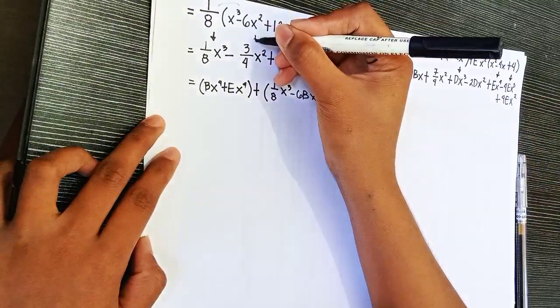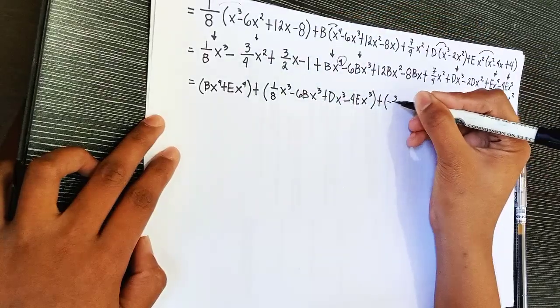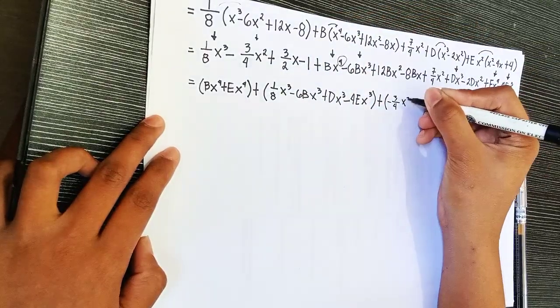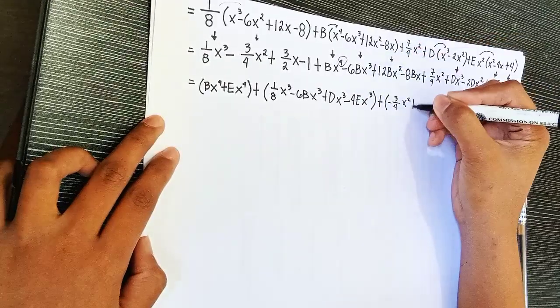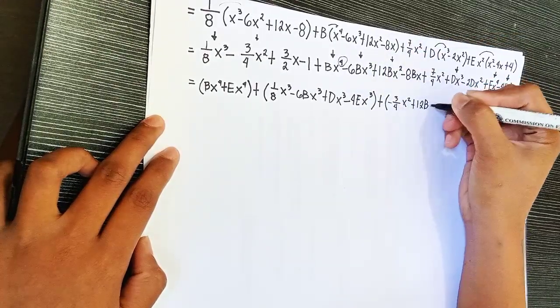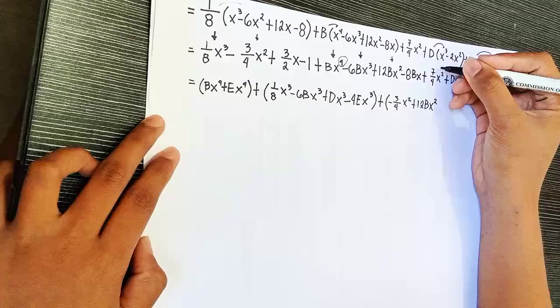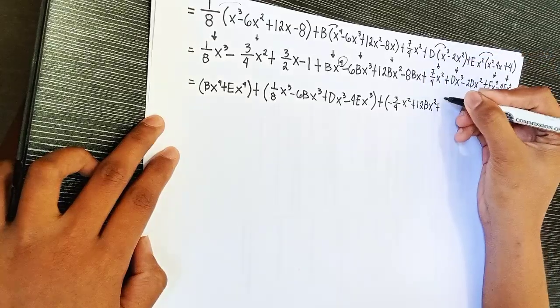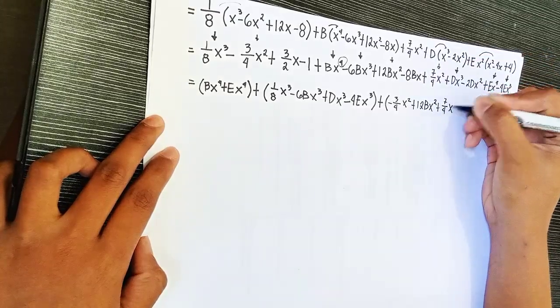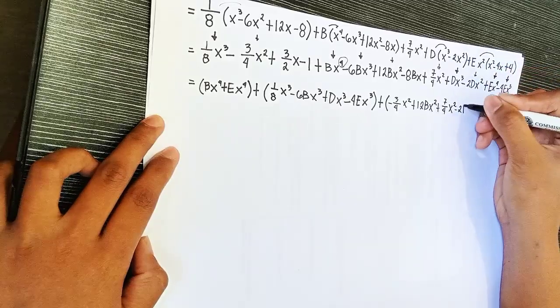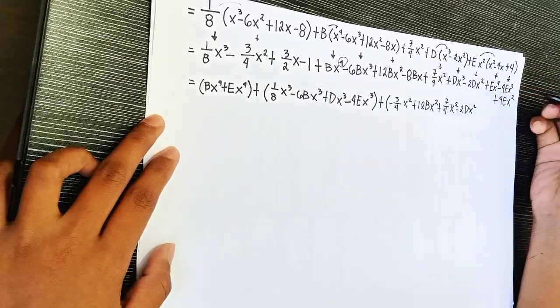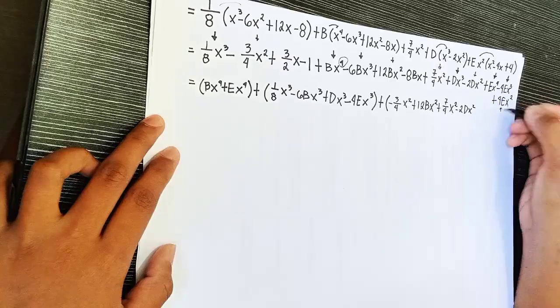So we have negative 3/4 x squared plus 12b x squared plus 7/4 x squared minus 2dx squared plus